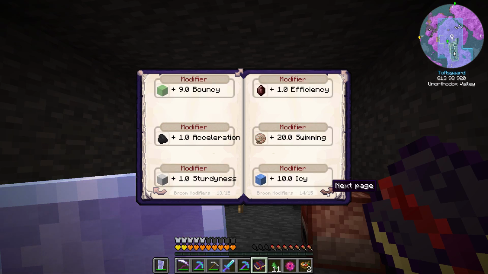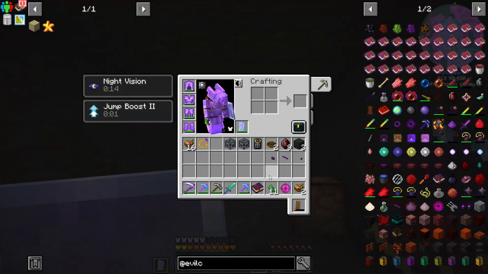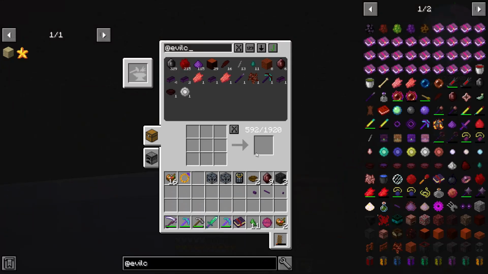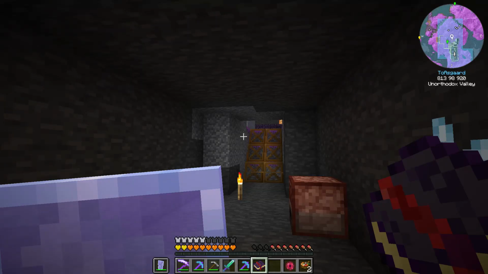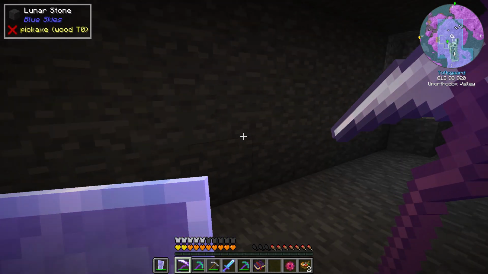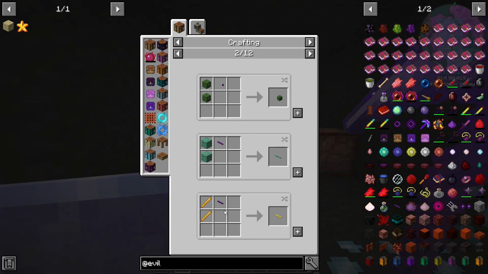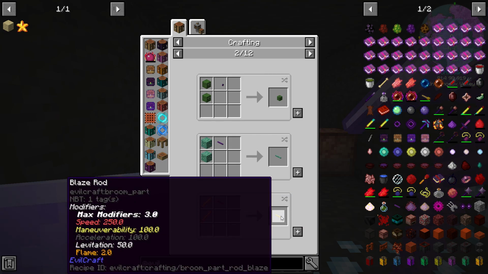Now, I do plan on making quite a few different brooms. We'll probably make some that are made for attacking, and then we'll have others that are designed specifically just for flight. Now, the one that we're going to be making today is just a fun, balanced one. It's not really much in terms of attack. I guess it catches mobs on fire, because we are going to be going with the